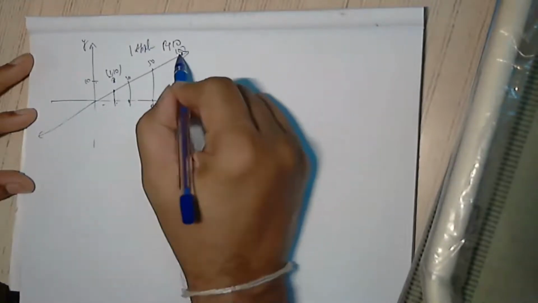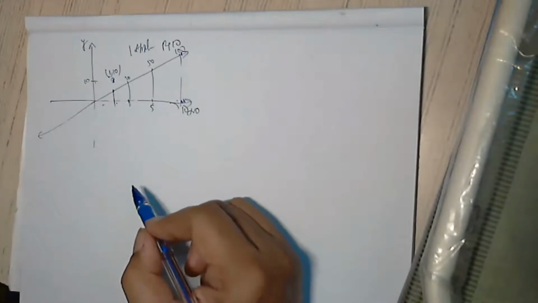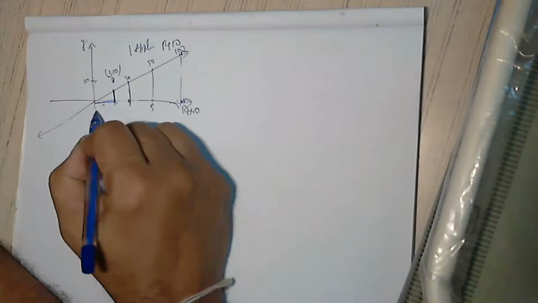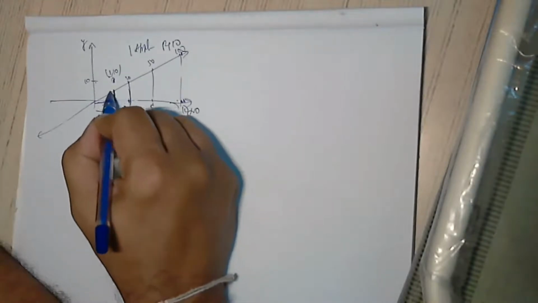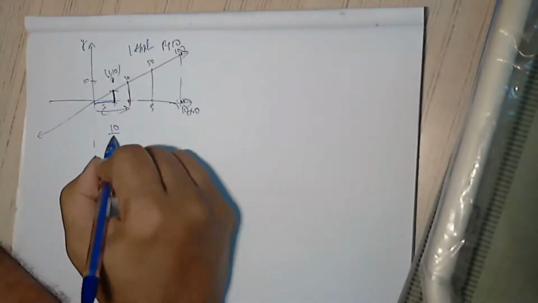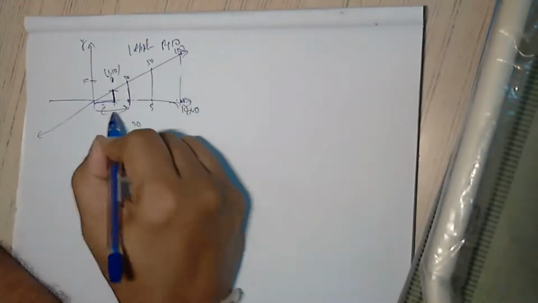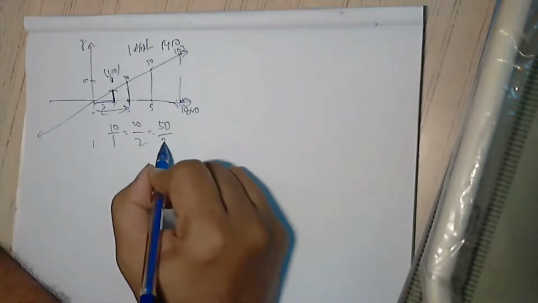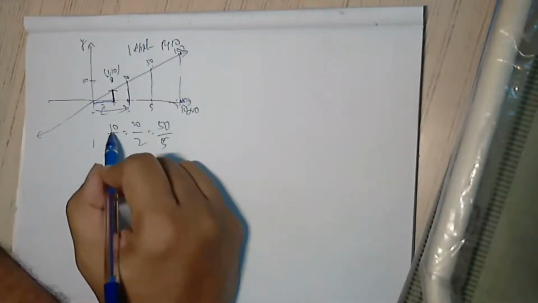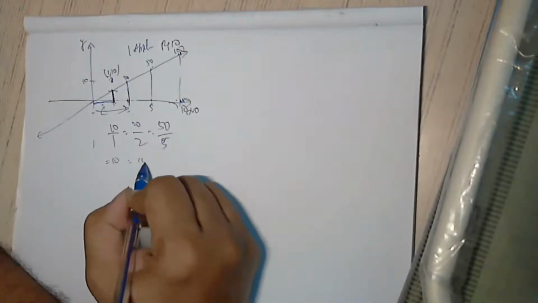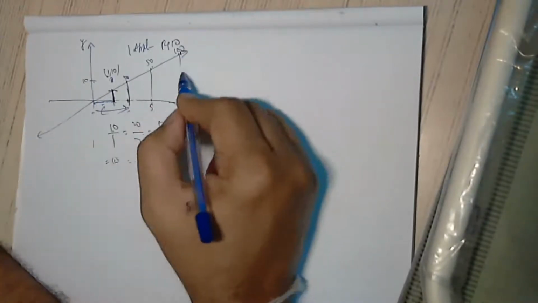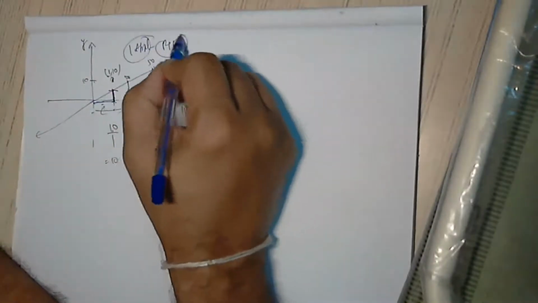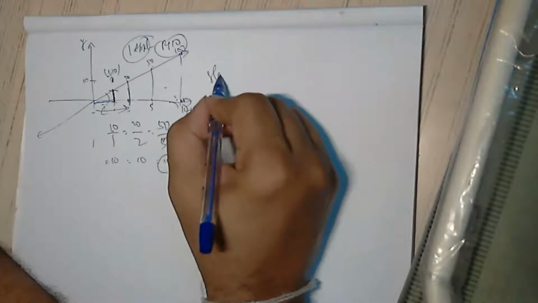So we observed these are all similar triangles, because this by this is equal to this by this. Let us see the length y. When y is 10, x is 1. When y is 20, x is 2. When y is 50, x is 5. So what is this? It is 10 each time. So the ratio is constant. The ratio is nothing but the rate of the apple. This we term as slope also.